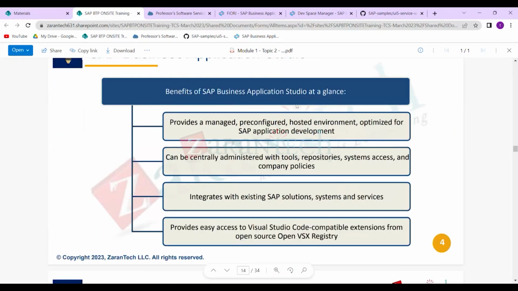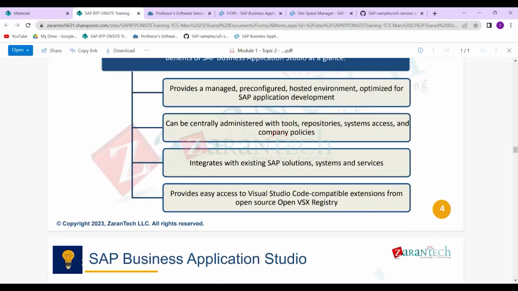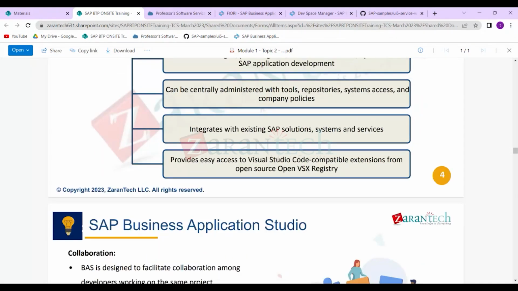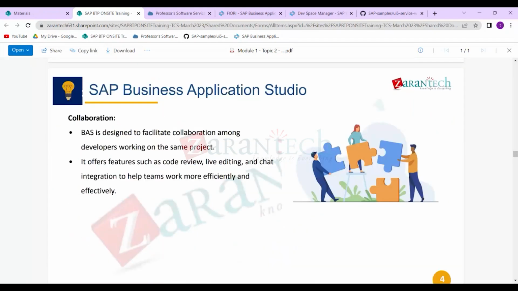Benefits of Business Application Studio at a glance: it provides a managed, pre-configured, hosted environment, and can be centrally administered with the tools, repositories, system access, and company policies. It is integrated with existing SAP solutions, the Fiori development and Fiori generators. We had templates that enable this. It provides easy access to Visual Studio Code compatible extensions. We have seen these extensions also. Then the collaborations. When I am referring to collaborations, I am referring to where multiple